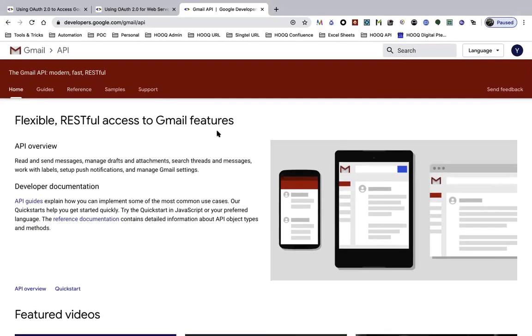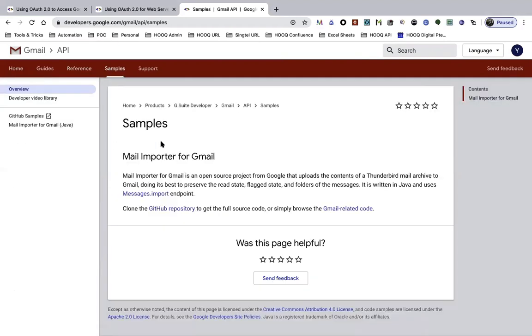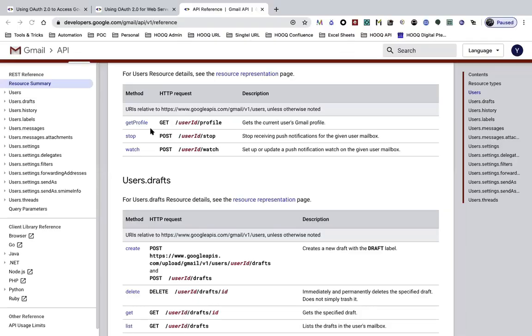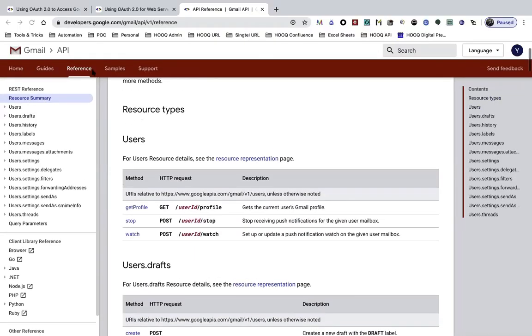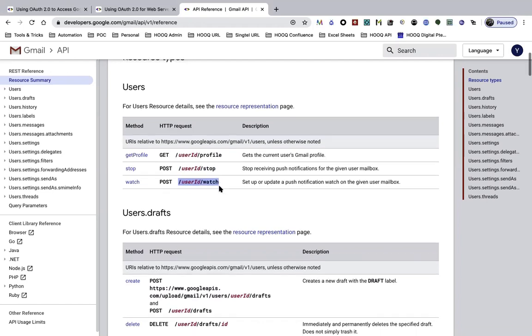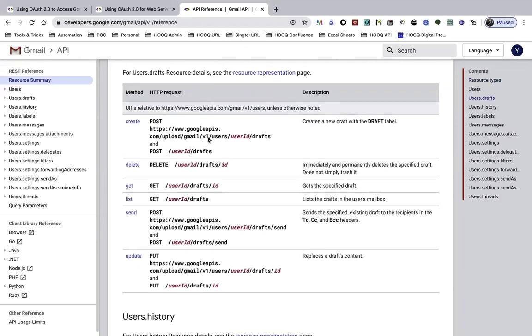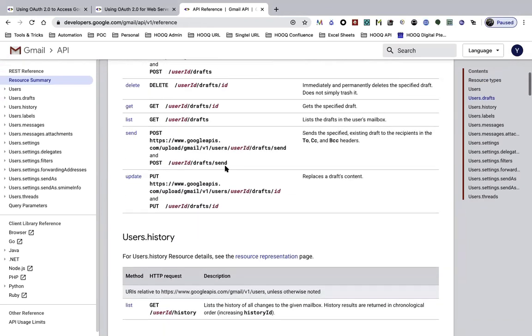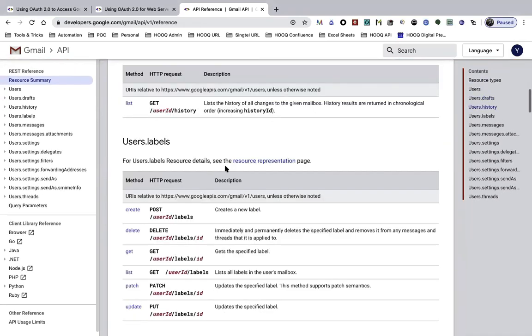You can find a lot of information in the Google API documentation, maybe samples. In the references, you can see these are the HTTP requests: user ID and profile, user ID stop, user ID watch. There are a lot of REST APIs available for that. We'll use some of them